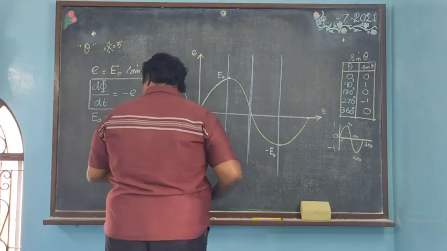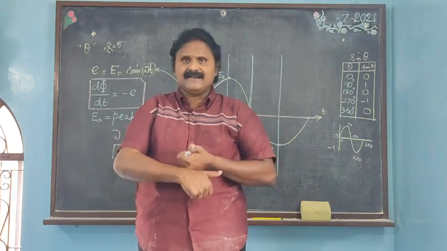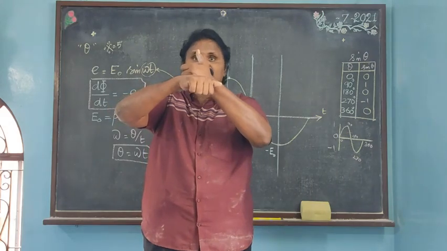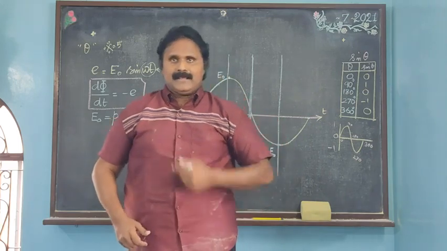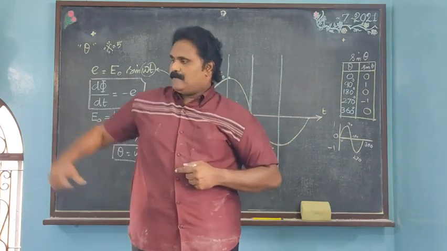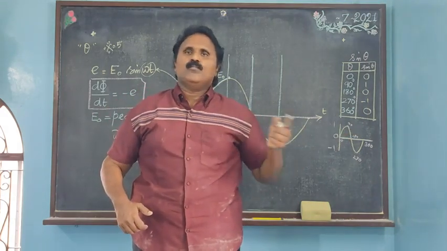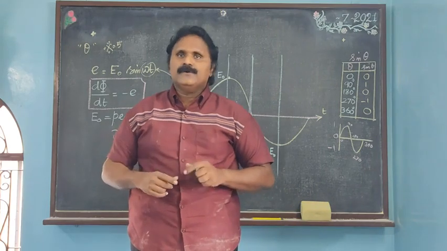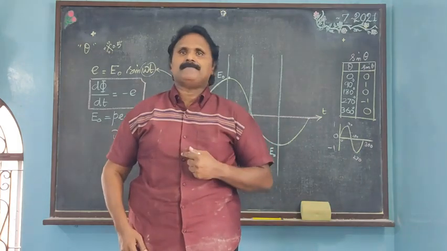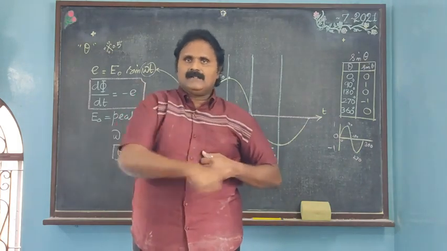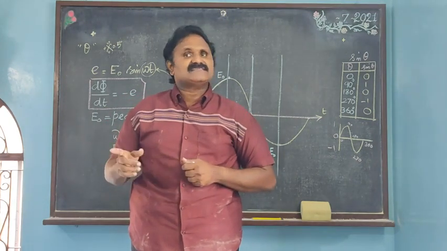Now I am rotating. This is the magnetic field. This is the normal to the coil. This value is going to be 90 degrees. Try to understand. Now the coil is standing like this, but the magnetic field lines are going like this. So what is the flux? Flux is equal to 0. You know flux is nothing but the number of magnetic lines crossing perpendicularly. But the coil is perfectly parallel. All the lines are crossing like this. How is there a chance for perpendicularity? No. So the flux is equal to 0.